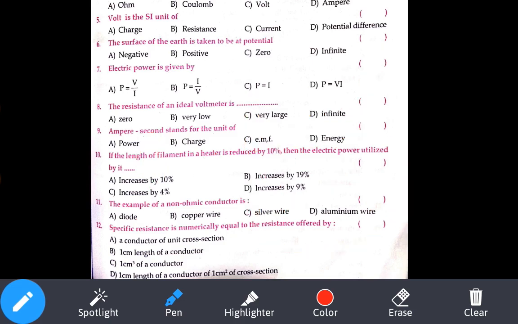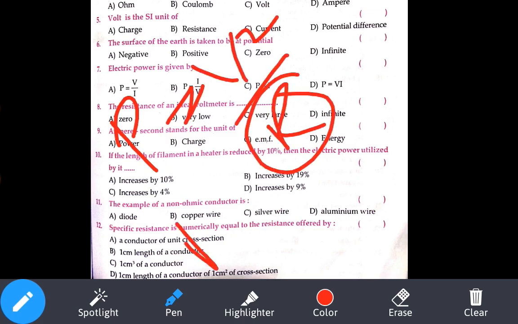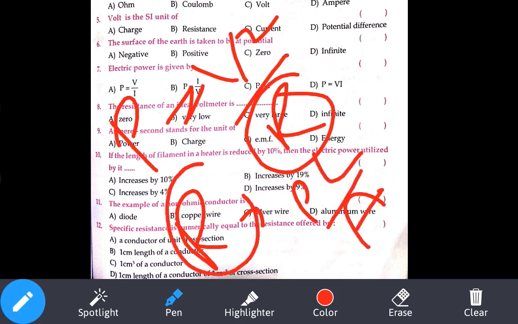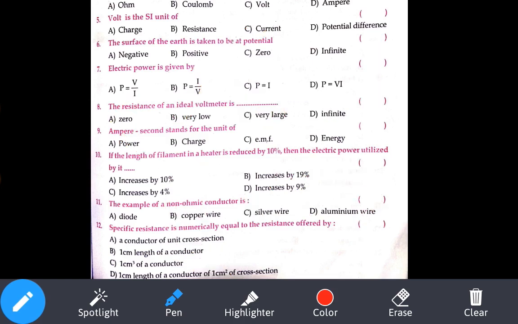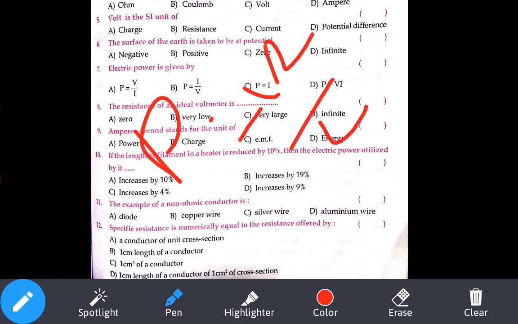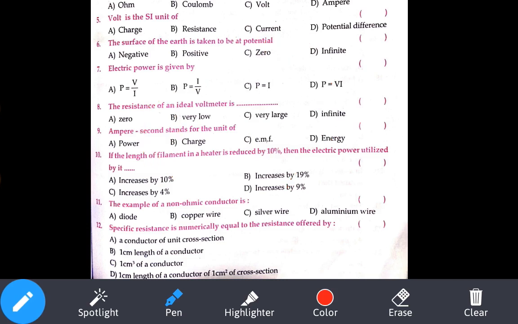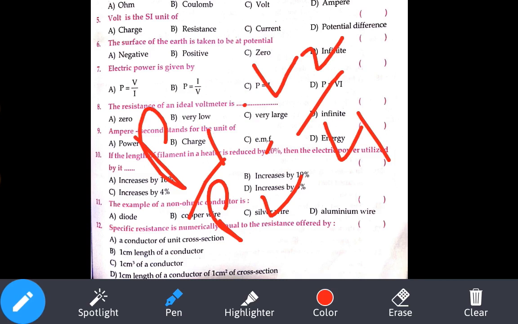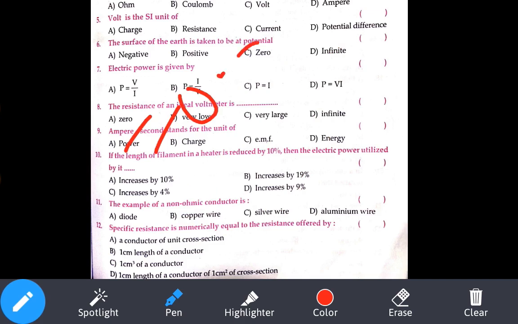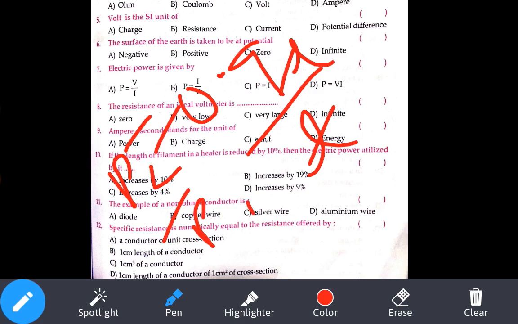Now what is the relation between power and the voltage? P is equal to V square by R. Now what is the relation between R and length? R is equal to rho L by A, means in place of R I can substitute L here. So P is equal to V square by L. So P is inversely proportional to length. So P1 by P2 I can write as L2 by L1. Here L2 value, how much have we got? 0.9 L. Substitute that: 0.9 L by L. L gets cancelled. It is our P2 by P1. So what have we got? Tell me.